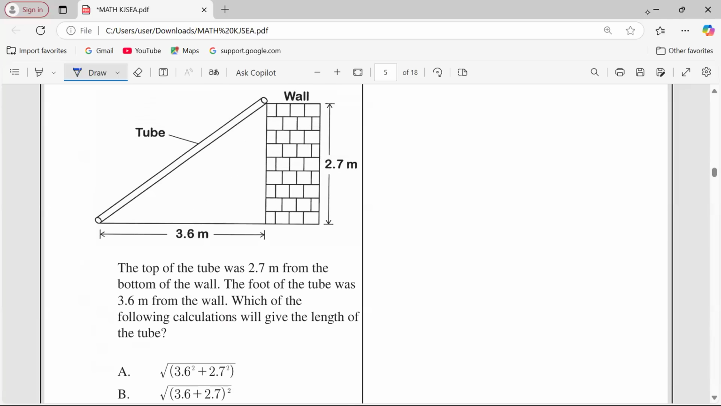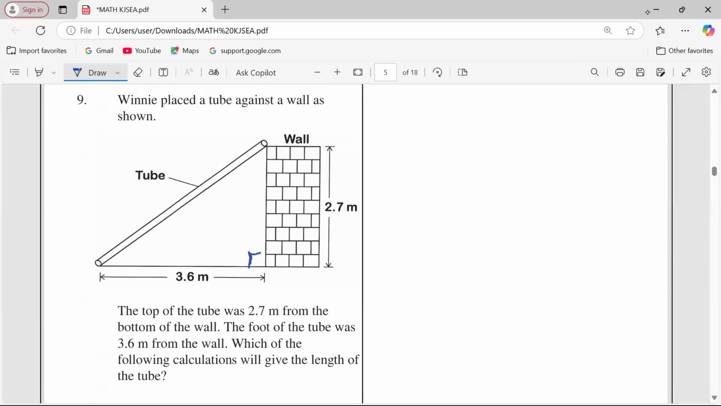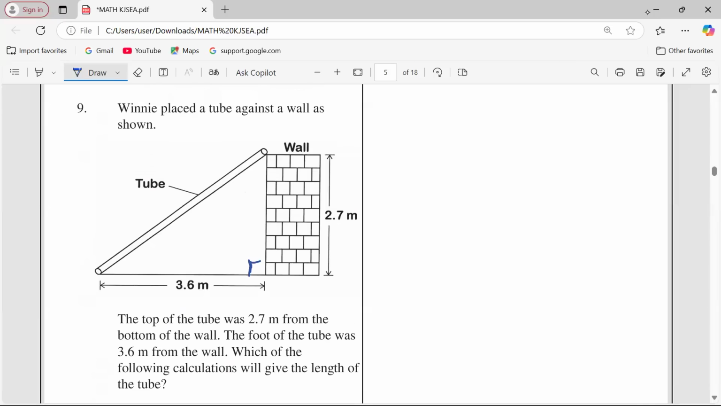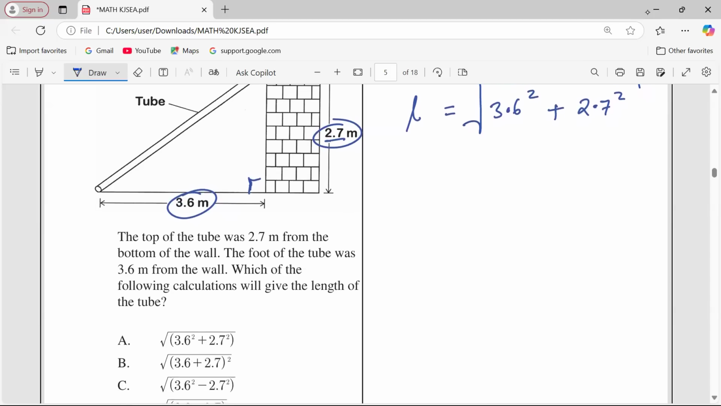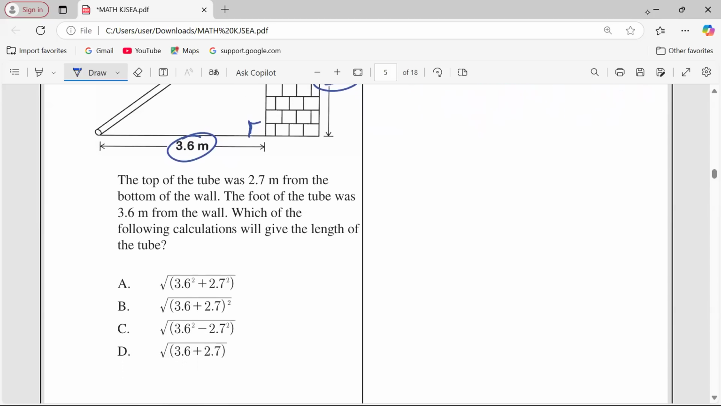Now here, the wall is vertical, so definitely this is right angled. So we're supposed to apply what we call the Pythagoras theorem, whereby we will take the base and the height. When they are squared, then we obtain the square root, we will get the hypotenuse. So the length will be given by, when we take 3.6 and we square, then we add 2.7 and we also square, then carry out the square roots. We are able to get the answer. And that makes